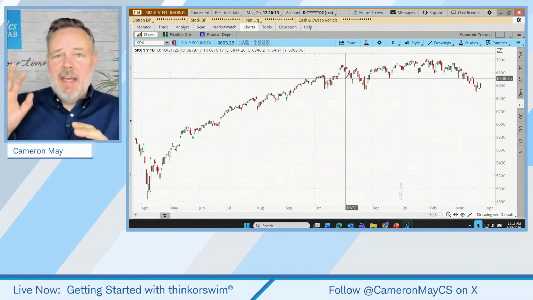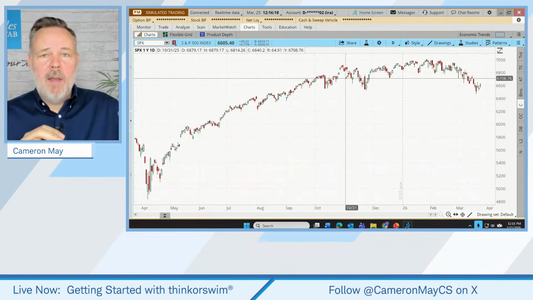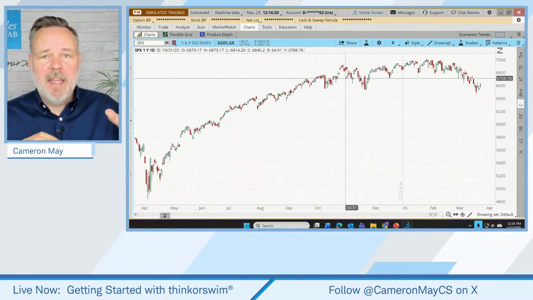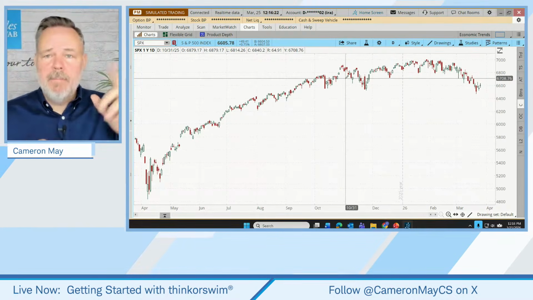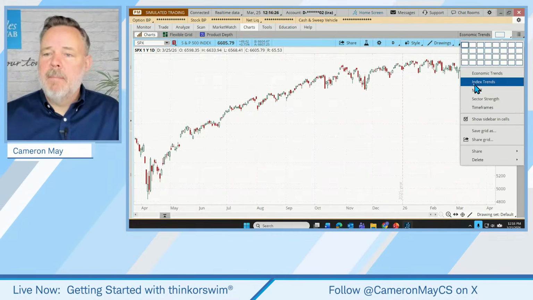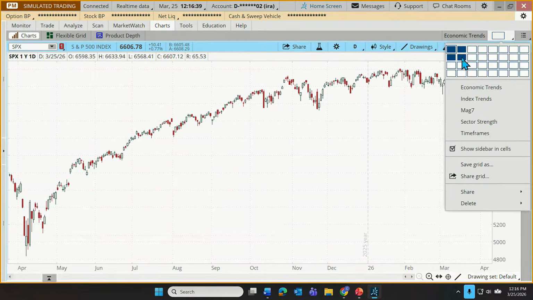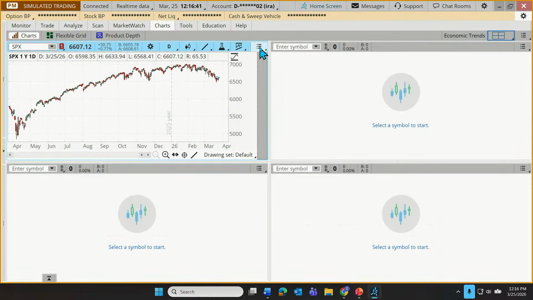Maybe they like to have what's going on with the economy on one screen. Maybe they want to see what's going on with the individual sector indices on another screen. Let's set up our second grid, which I'm going to call the index trends. All right. Now I'm just going to use a few of our example indices. Let's build a grid of 4. But we're going to look at these through a different lens.